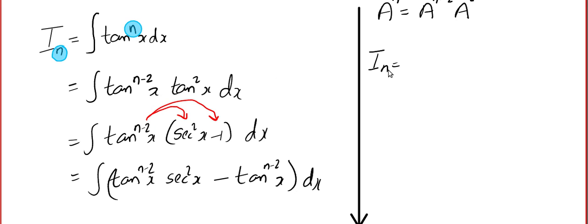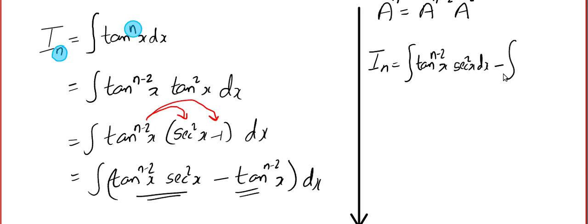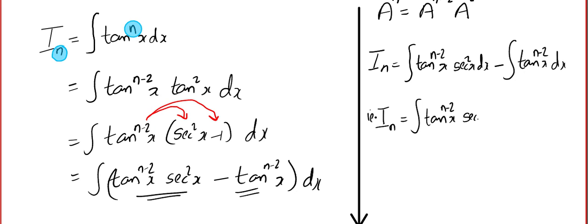In is equal to, now I am going to split this integral. Integral tan to the power n minus 2 x into sec square x dx minus integral tan to the power n minus 2 x dx. That is, In is equal to integral tan to the power n minus 2 x into sec square x dx